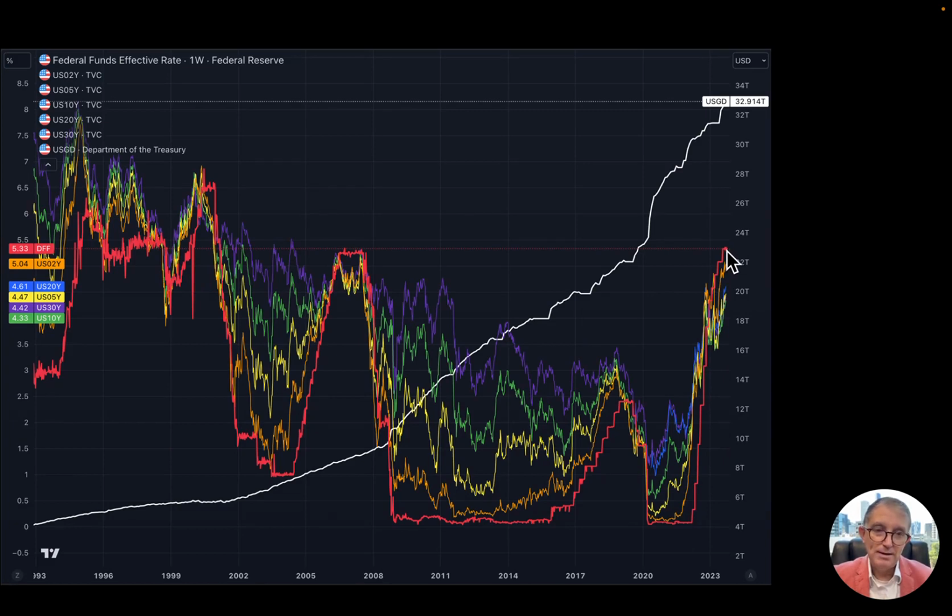But what we have seen for a period of time here is the rates that you're getting on government bonds. So if you look over here, I've got the 2-year, 20-year, 5-year, 30-year, 10-year, all the different government bond durations that you typically can buy and see. All of those, the yield that you get on those bonds is still well below the current US Fed's funds rate. Now, that's problematic, because what you would expect and what you see most of the time is